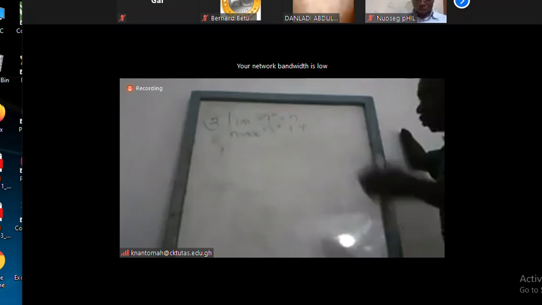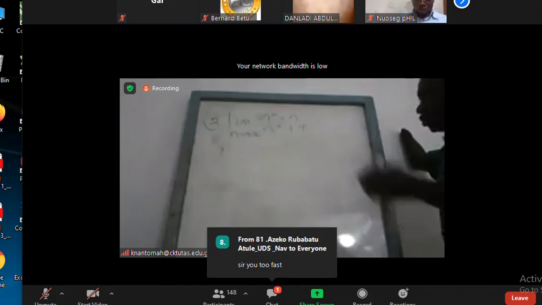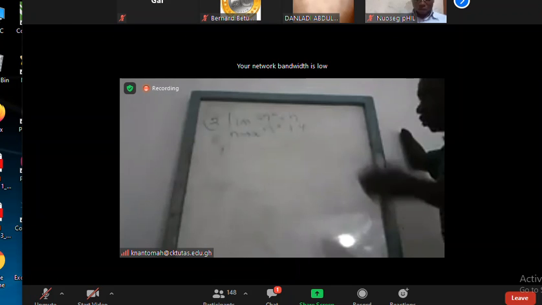And as I indicated, in computing a limit, you are actually finding the limit. You are not using the epsilon n definition. So this one, the